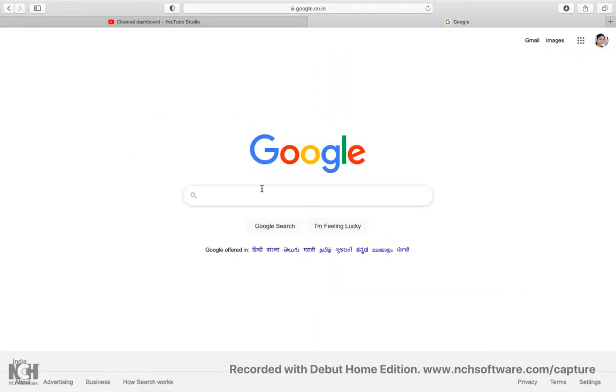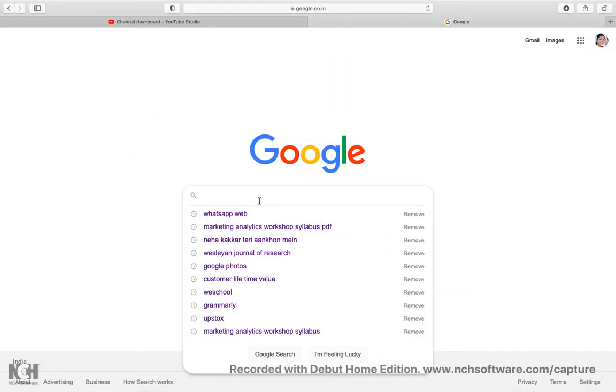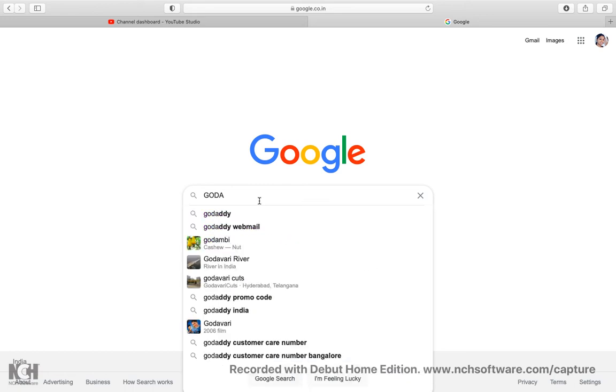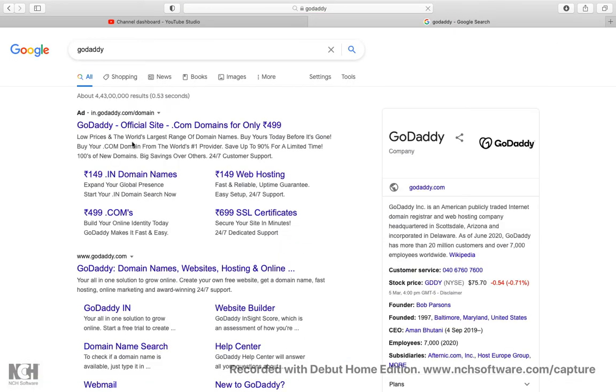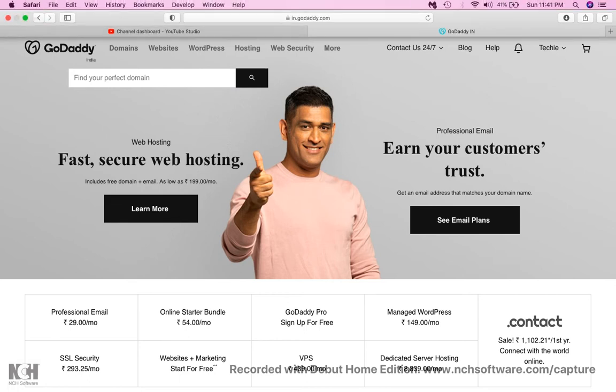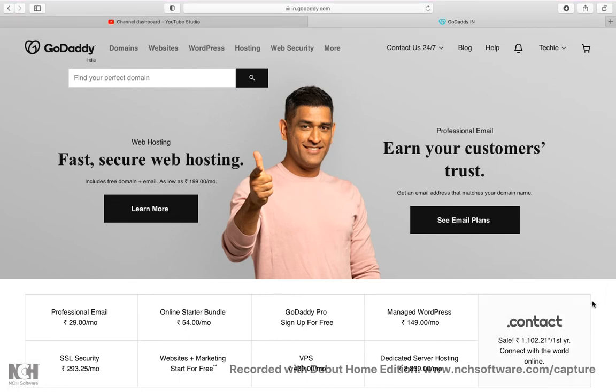Open your browser and go to Google. Let me log into GoDaddy. GoDaddy is an official site where you can get domains for yourself. This is how the page appears as soon as you go to GoDaddy.